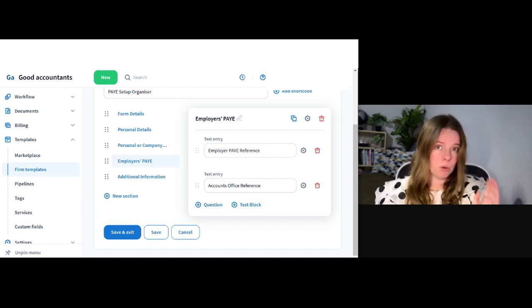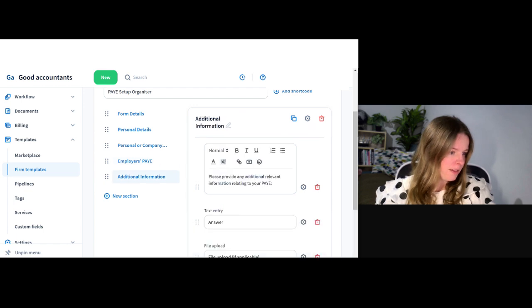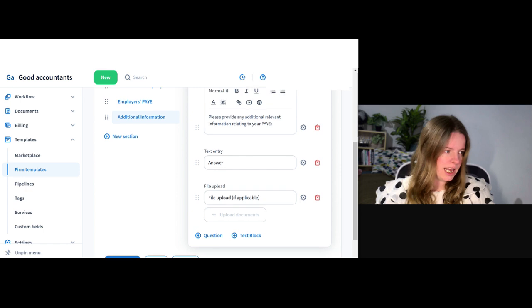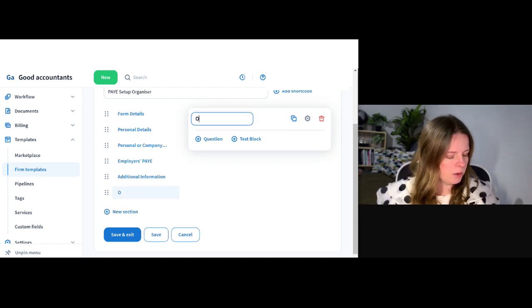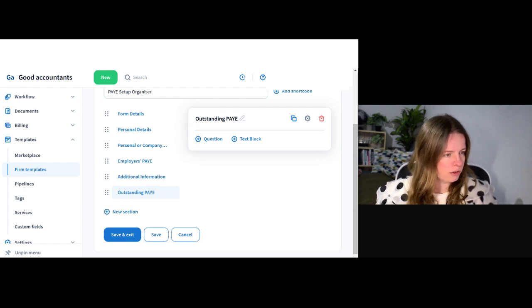So again, if it's automatic, then the client will know and get prompts to input that information, so you then don't have to request that at a later time when it might just be a little bit inconvenient, or you might be on a deadline in terms of timing. So it's all there. Additional info. Please provide any additional relevant information relating to your PAYE. Now I might add to this, and I might just say under the section name, and I would call this outstanding PAYE. Again, this is just a personal choice,